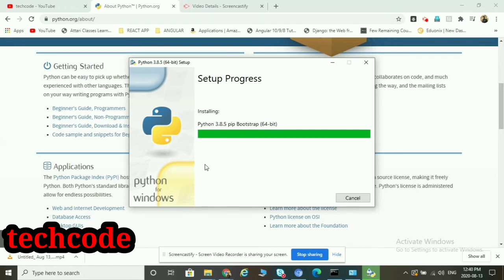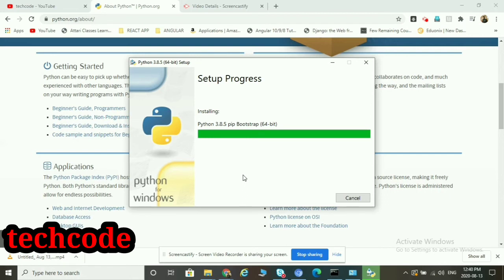The setup will complete within a minute. It will not take more than a minute. Currently, Python developers are in more demand.